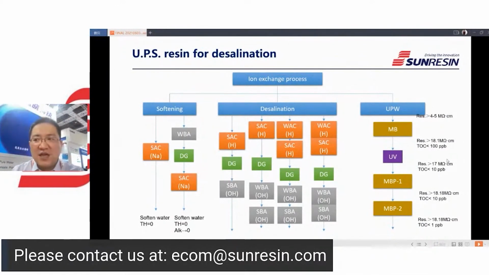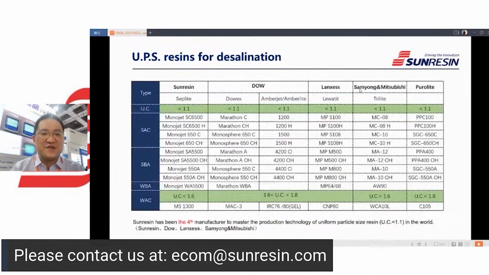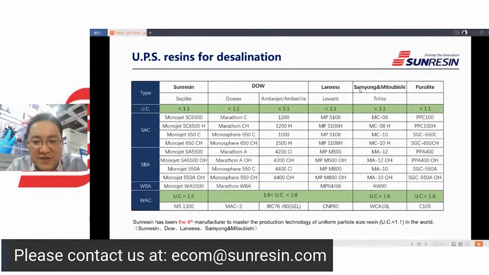I have also listed our Sunresin products compared with major players such as DuPont, Lanxess, Samyang, Mitsubishi, and Purolite. For each kind of resin, such as SAC, SBA, WBA, and WAC, we have a corresponding product. Sunresin has been the first manufacturer to master the production technology of uniform particle size resin. In a word,